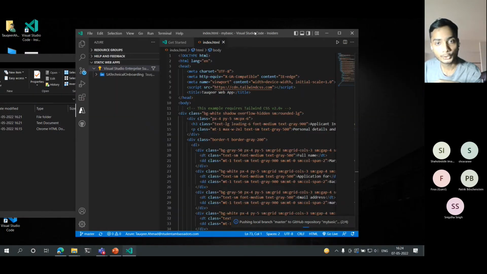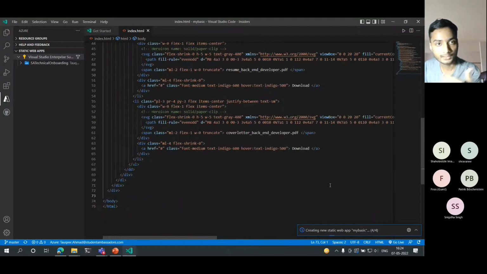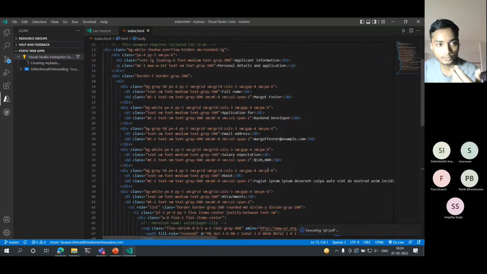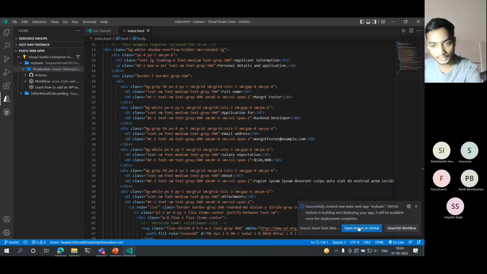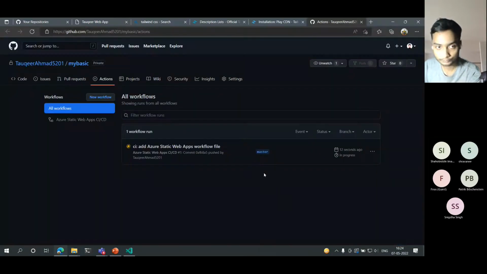Cool. And here you have done a lot of things: you have created a simple static web app and pushed it to GitHub, and you can see GitHub Actions. Let us see. I'm clicking this button, open actions in GitHub. I do want to see the workflow.